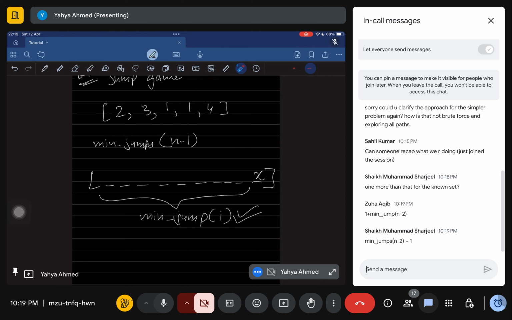No, right? So think about it. This value could have been a 0. And you'd know, अच्छा, let's say यहाँ पर 0 लिखा हुआ था, तुम्हारा इसका आंसर आ गया मिन जंप्स का, let's say 9 आ गया, तो यहाँ तक पहुंचने के लिए मुझे कम से कम 9 जंप चाहिए। तुम कह रहे हो कि इस तक पहुंचने के लिए मुझे 9 + 1 जंप चाहिए होंगी, which is not really necessarily true. It might be true if this was actually a positive value, but in this case it's actually a 0,